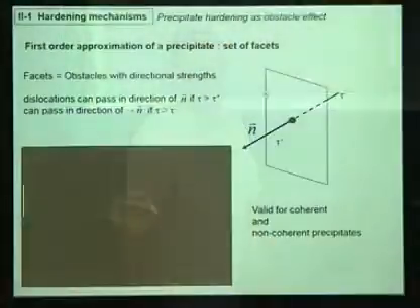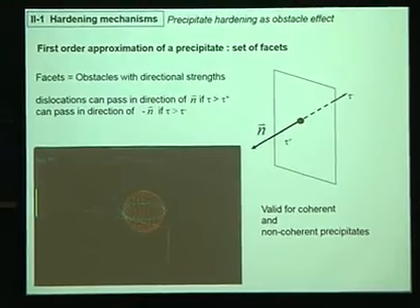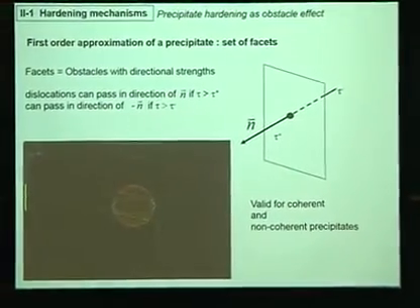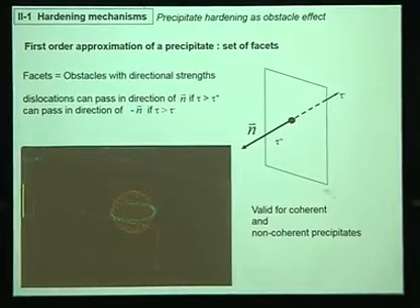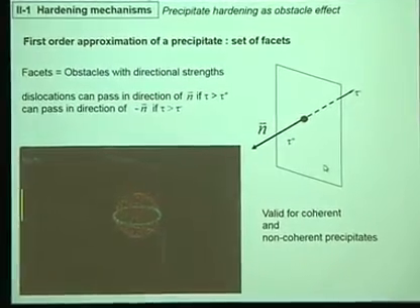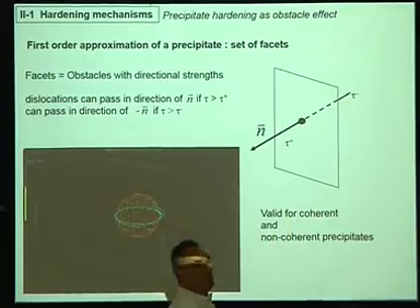So here, I showed you how this is done in 3D or in NUMODIS code. How do you introduce a precipitate in the DD code? First thing to do is to introduce what we call facets. Facets is just a set of nodes. For example, here I have 4 nodes connected together, and I define some orientation. So I define a normal, plus and minus the normal.